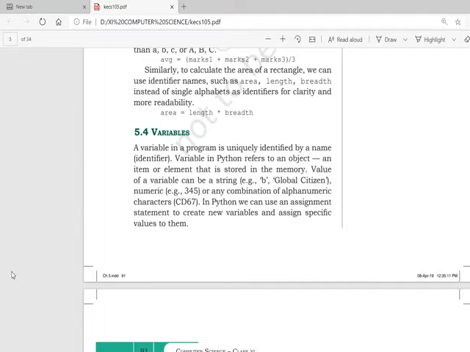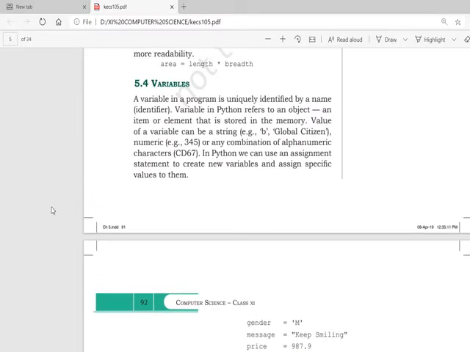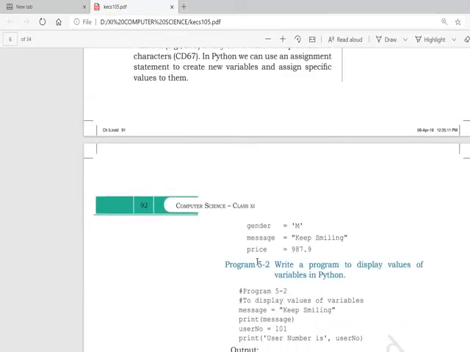So these are the rules which we follow to give a name to any identifier. When we are naming a variable, a function or any other entity of a program, we will make sure that the first character is an alphabet or underscore. For the whole identifier, there is no length limitation, but it cannot be a keyword, and the only permissible characters are alphabets in uppercase or lowercase, digits 0 to 9, and underscore. That's it.